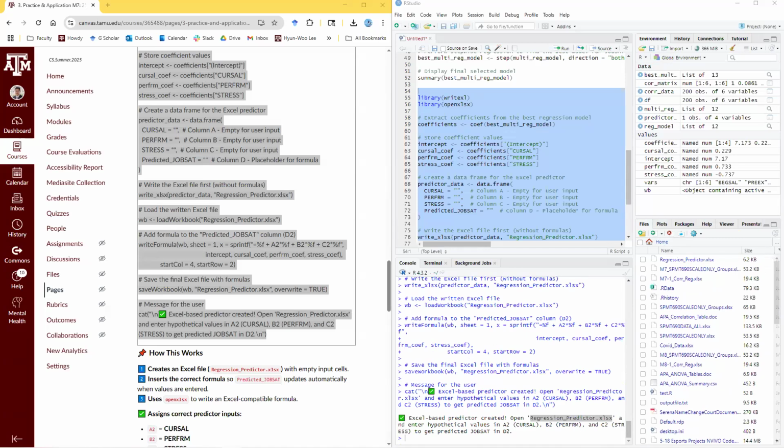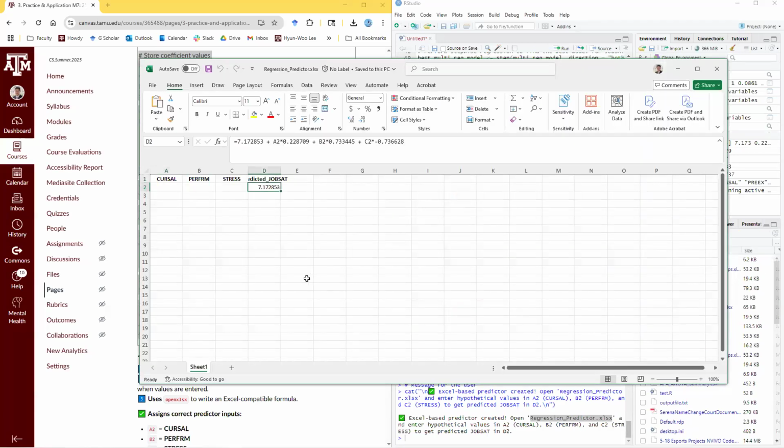So I will open this file, and this is how the file looks. It's currently showing us the intercept, when all values are 0, which is mathematically needed. Okay, so current salary was in thousands, right? Well, let's say a person is receiving